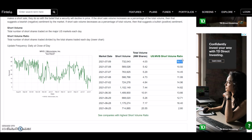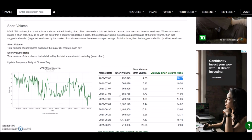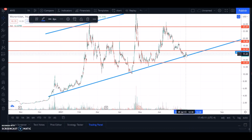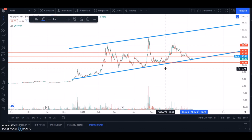So you can see the short volume ratio here, and today is 12th of July, and again you will see the new data tomorrow. So again, whenever there's a very high short interest, I remember it has something over 20%, it has a nice run up. If the short volume ratio is going higher and higher, over 20, 25, 30, this thing will run again. So personally, I think this is a good time to get in. You can get in now with some position. If it comes down, you can always average down. But if you believe the overall trend is intact and there is nothing wrong with this particular company, then yeah,